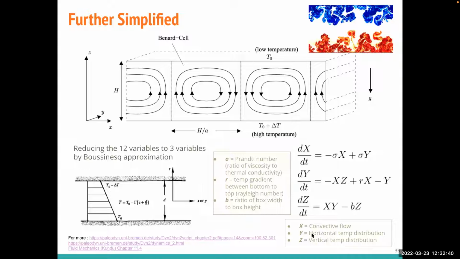So we can separate temperature into two components, right? So this is what it means. Under the Boussinesq approximation, and also we turn the flow into a stream function, we have three equations representing the convective system here, and